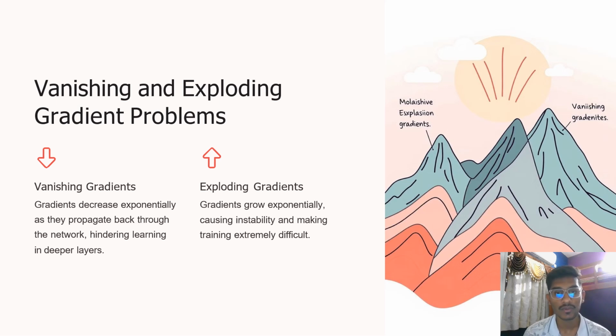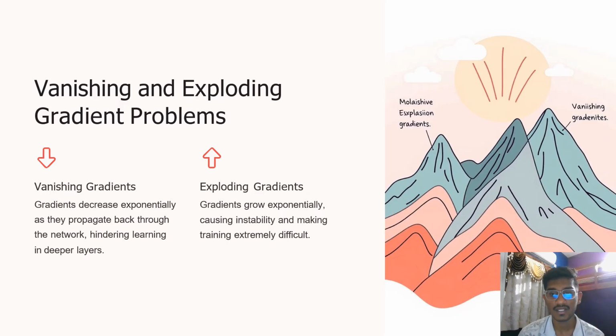Exploding gradients learn exponentially, causing instability and making training extremely difficult. And so basically, there are two different problems that we can face in backpropagation techniques. The first one is vanishing gradients, and then we have exploding gradients. So here in vanishing gradients,